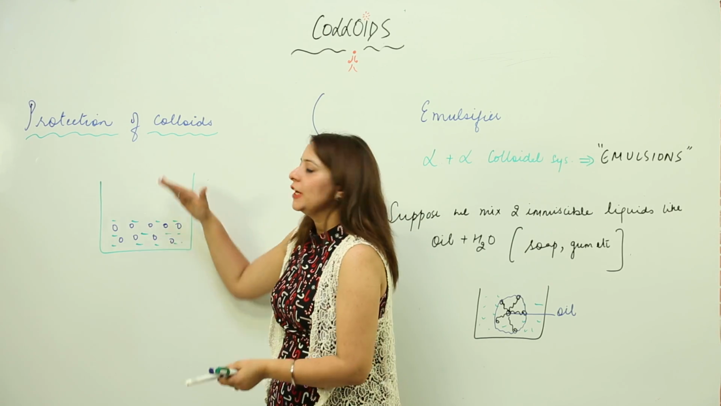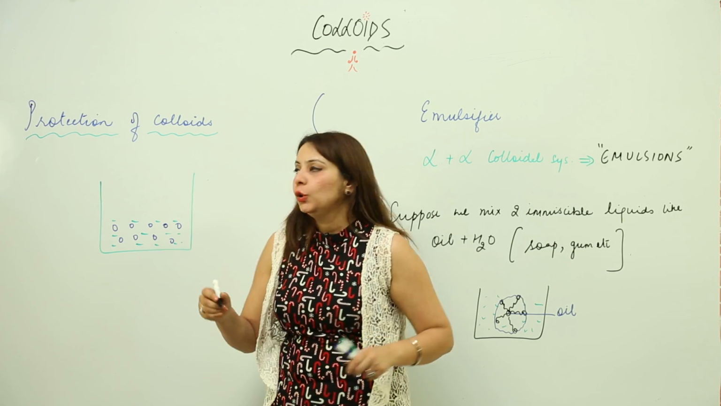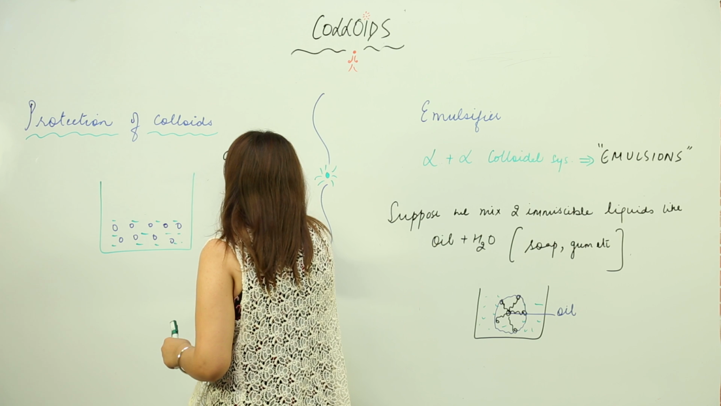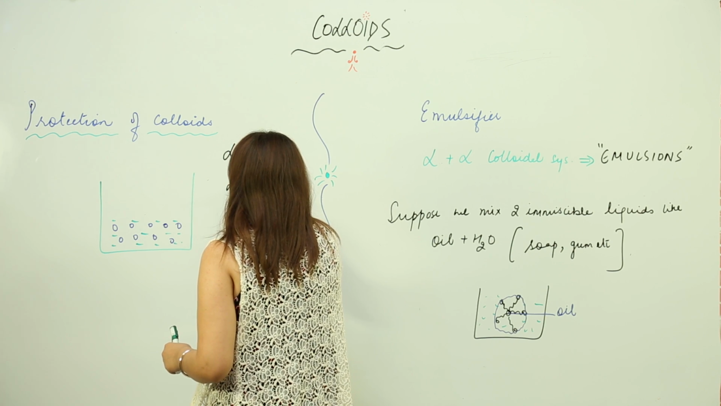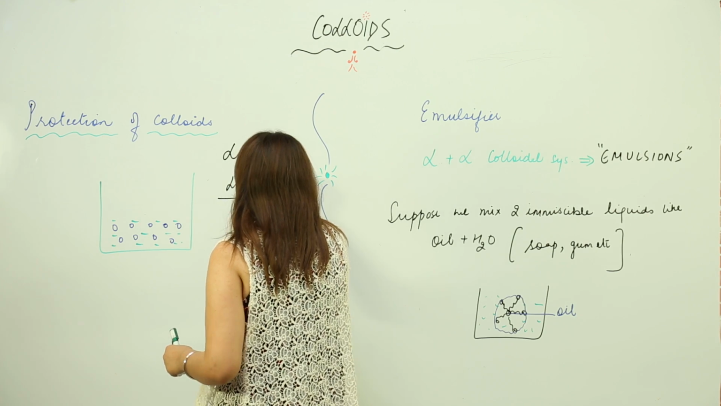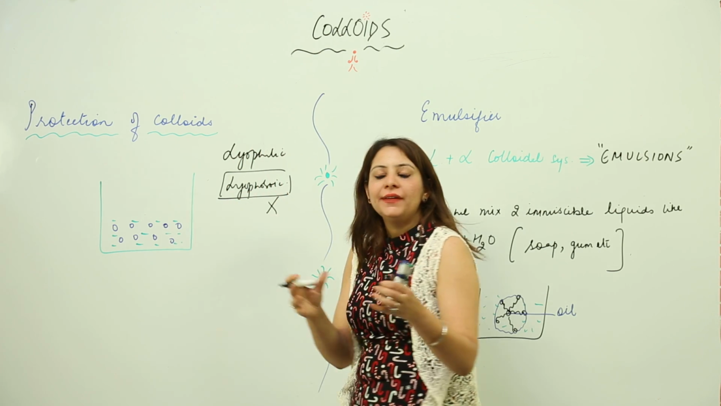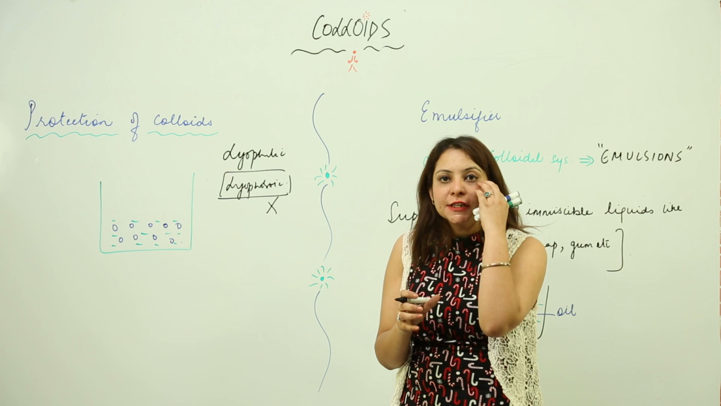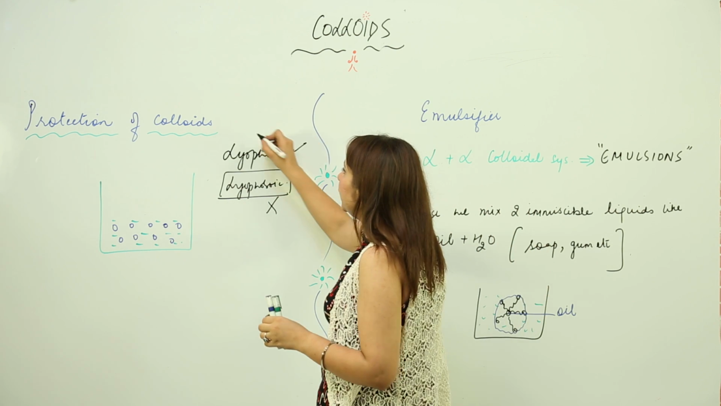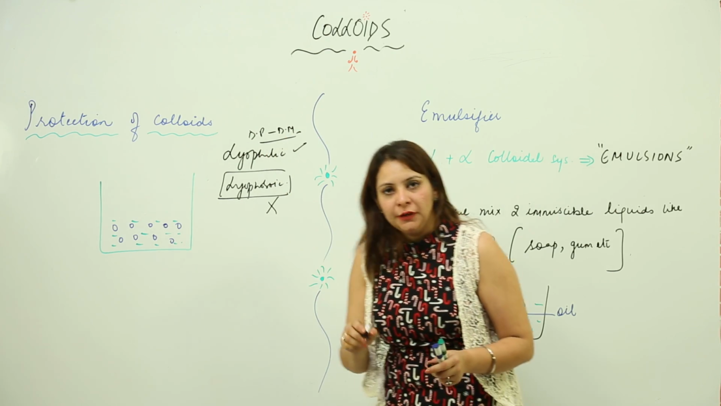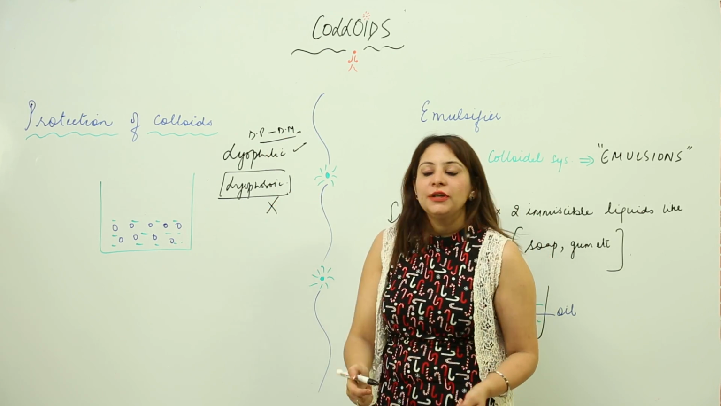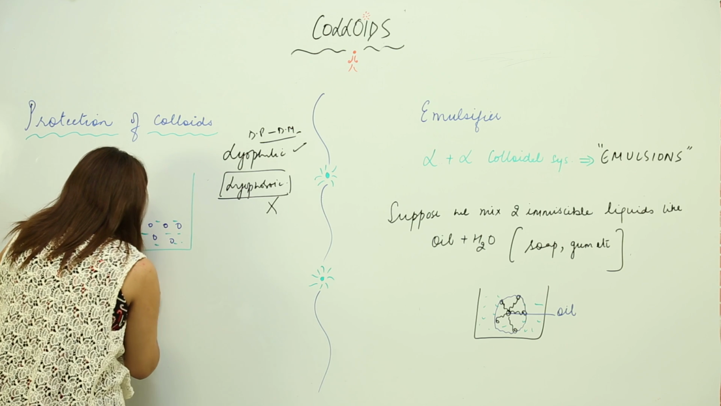Now we have the protection of colloids. As you all know, we have two types of colloids: one is lyophilic, the other is lyophobic. In lyophobic colloids, the dispersed phase and the dispersion medium don't have an affinity for each other. But in lyophilic colloids, the dispersed phase has an affinity for the dispersion medium. So here we can protect; this method is actually used for the lyophobic